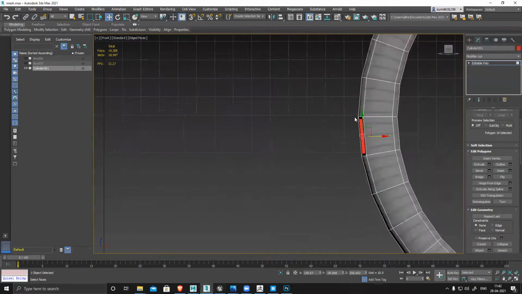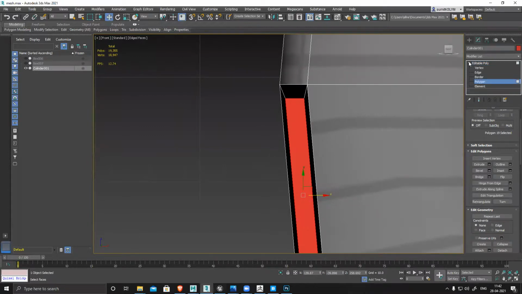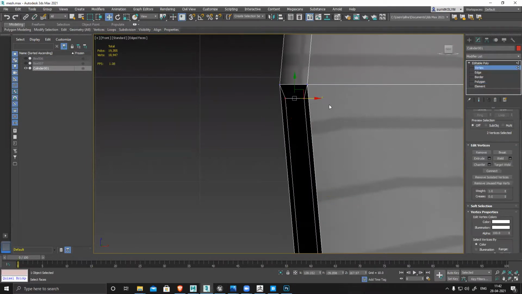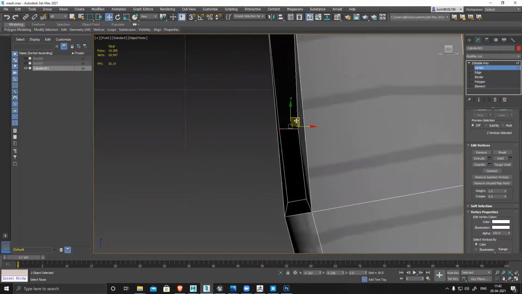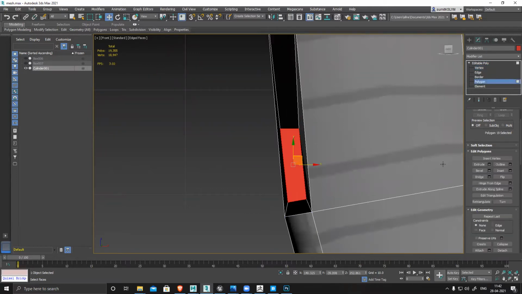Front. You see it. Wherever I want to place it, I'll place it. The UV is already there, so it won't change, and only this thing I have to extrude.